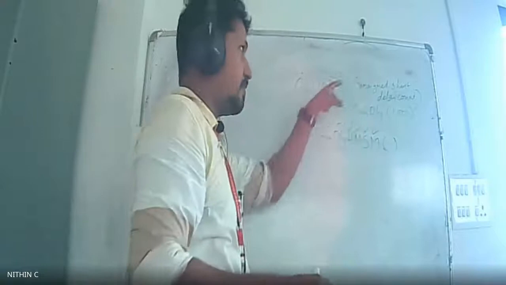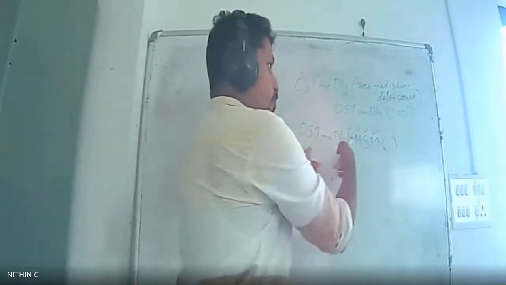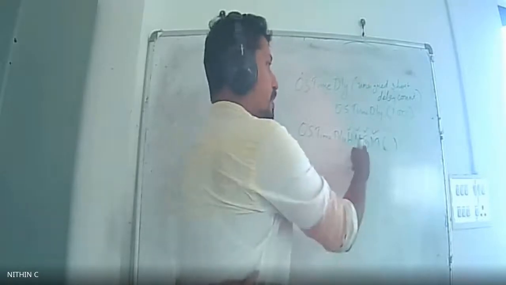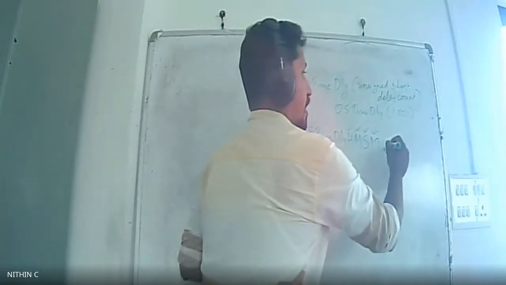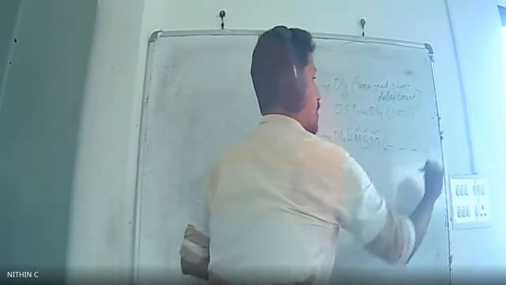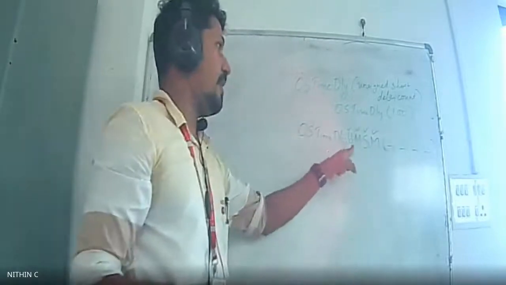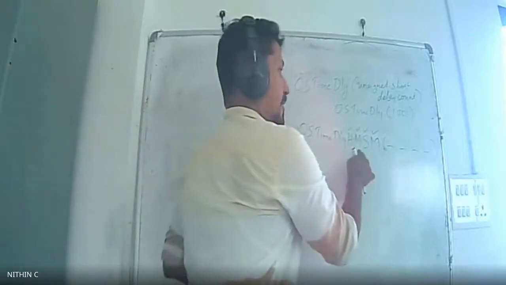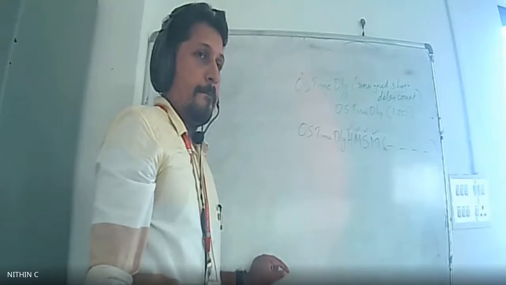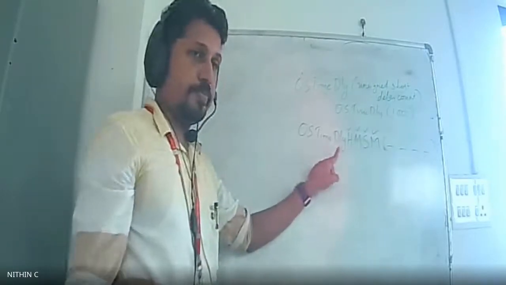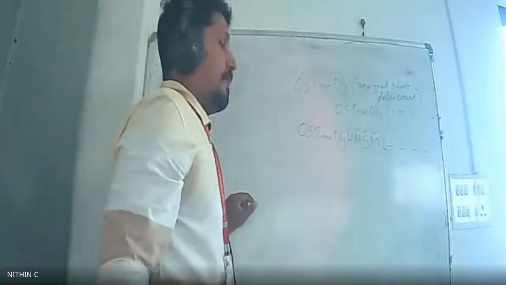In the earlier function, you directly give the clock tick count, right? But here you will be giving the time value directly. You mention the hour, minute, second, and millisecond values inside the parameters. For that, you use the function OS time delay HMSM: hour, minute, second, and millisecond. This is also used for time delay, for delaying a particular task. Okay, clear now?